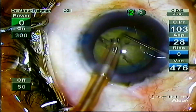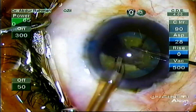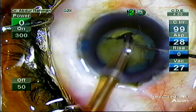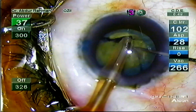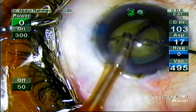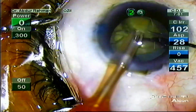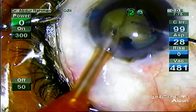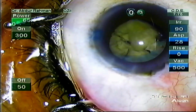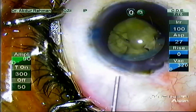Keep on chopping this nucleus into multiple small pieces. I'm performing vertical chop in most of these chop maneuvers. Most of my chop maneuvers are in the vertical chop method. Yes, I have completely chopped the two hemi-nuclei into 6 small